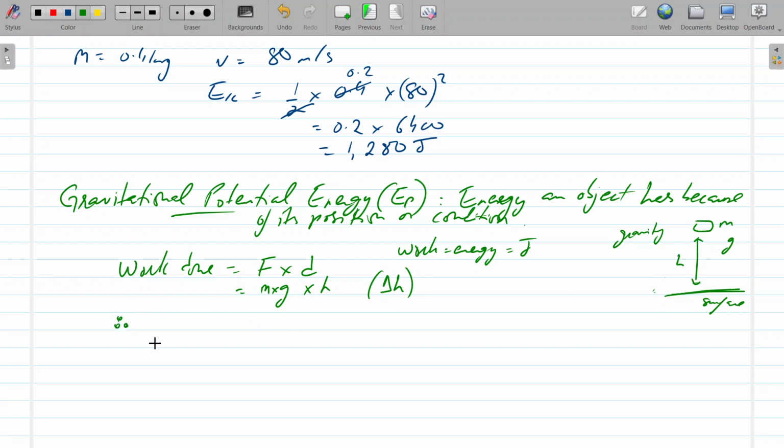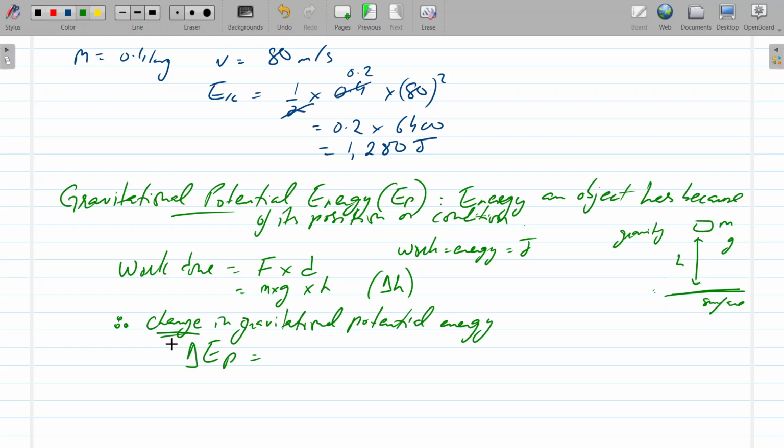And so therefore, these three dots mean therefore, change in gravitational potential energy, delta EP, because we're going to change, so delta EP equals mg delta h,